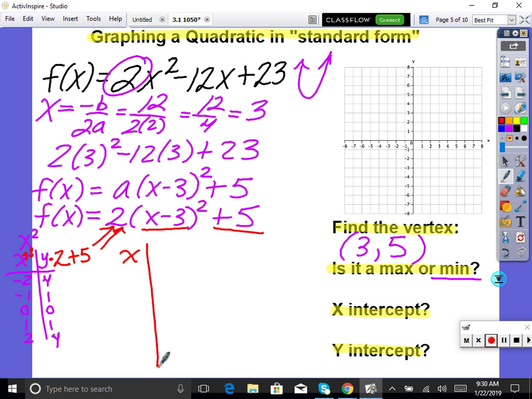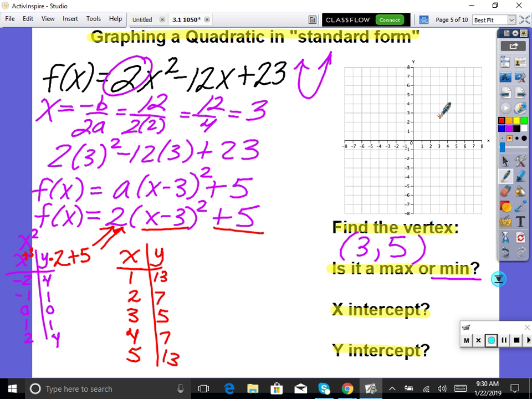Here are your official xy points. So negative 2 plus 3 is 1. Negative 1 plus 3 is 2, 3, 4, and 5. And then 4 times 2 is 8. 8 plus 5 is 13. And then we have 1 times 2 is 2, plus 5 is 7. 0 times 2 is 0, plus 5 is 5. So then 7, 13. So everybody looking at this, you know 3, 5, I'll just start there since that's my